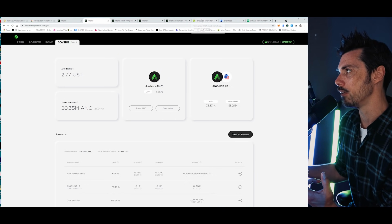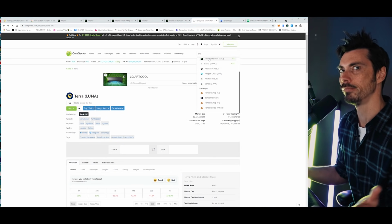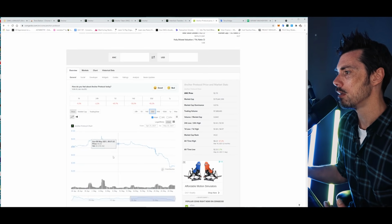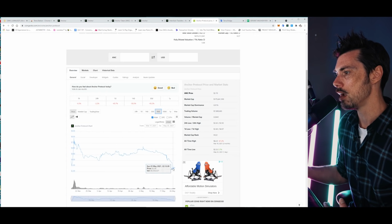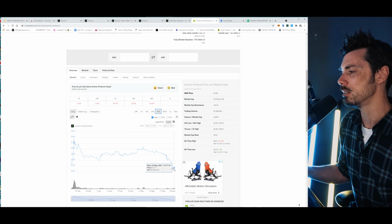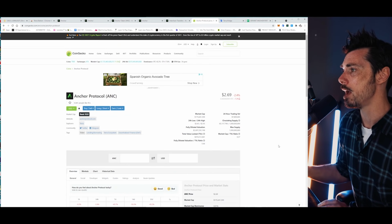And I guess if I look at the charts right now, if I were to make a kind of rough guess, if we look at ANC, let's look at a bit larger time frame. This is what the ANC chart looks like right now. And I think for a lot of people, that would be terrifying. You know, it's gone up like this, nice and steady, steady, steady, reached the top of $6.48, and then just fallen off a cliff. And that would be very scary. But for me, that's not that scary. That means there's probably more upside on this. I think almost definitely there's more upside on this than there is downside. So I'm quite happy to kind of sit on an ANC position, let it rack up, and start earning that